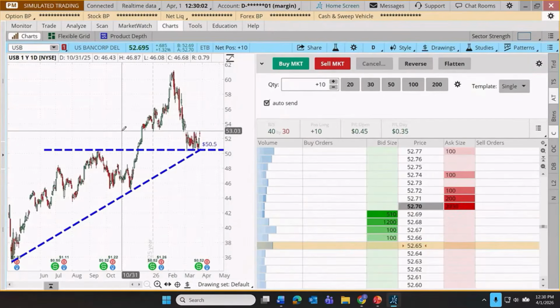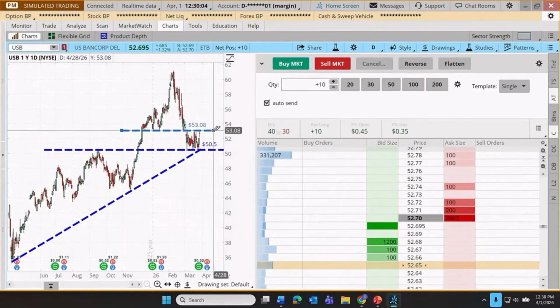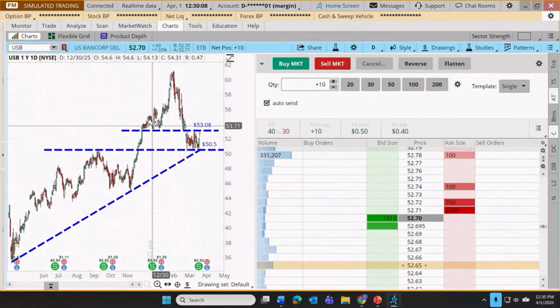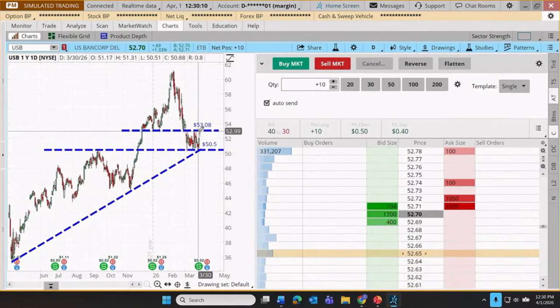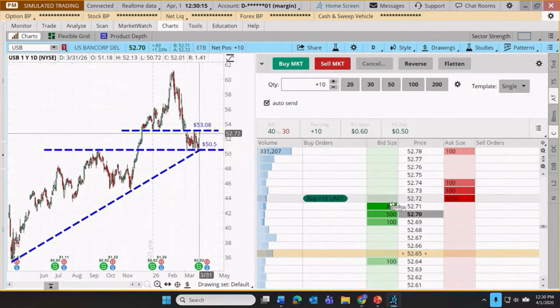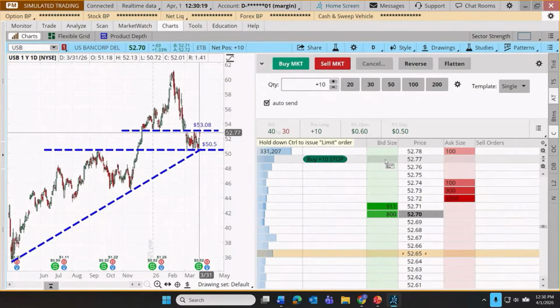Let me draw in a line, maybe at $53. Now, let's say we're hoping for price to get above that old support, currently resistance, maybe looking to get up to 53.10. Well, if we go above the current price of the stock, you'll notice it's preparing to put in a stop order. That is a buy stop order. If the price rallies up to this level, stop the bus. I want to get on. Let me buy some shares at that point.